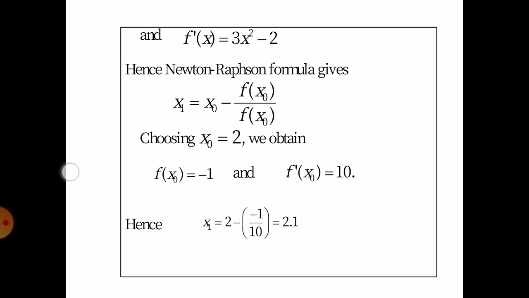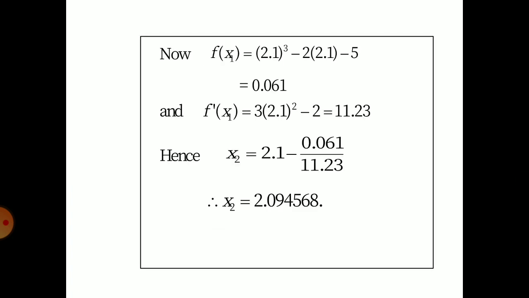We have obtained f of x1, and simplifying it is 0.061. f dash of x1, after simplifying, we get